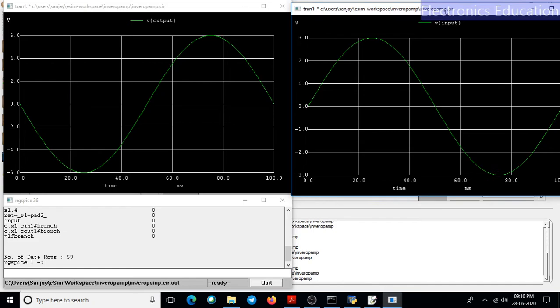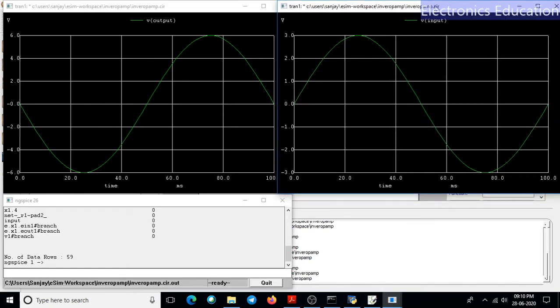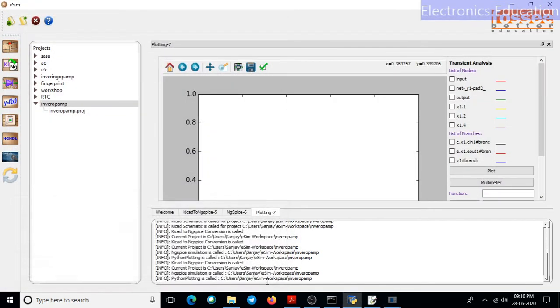simulate button. Now you will find that the frequency of the input signal is reduced. Now the frequency is only 10 hertz, so we get a signal with a larger wavelength, and at the same time we get the output also. Here the output is exactly opposite in phase to the input. We can observe the same using another model.